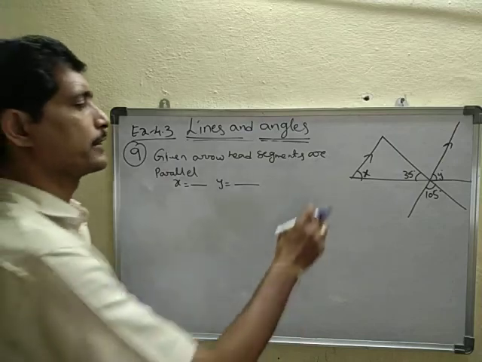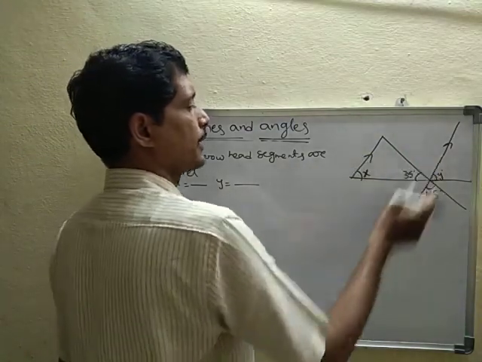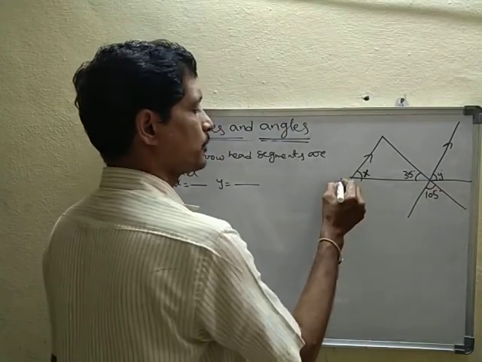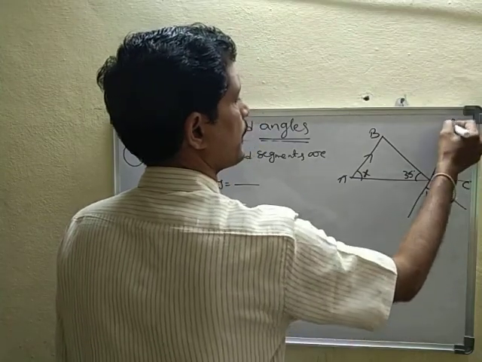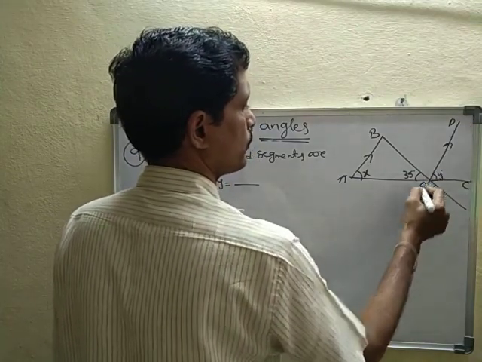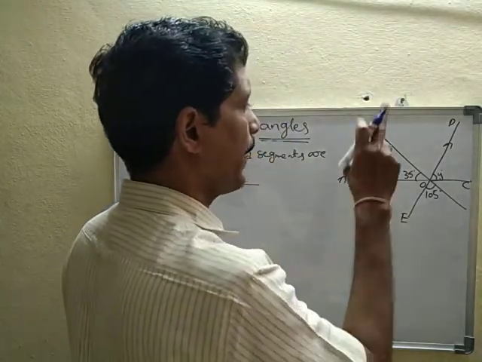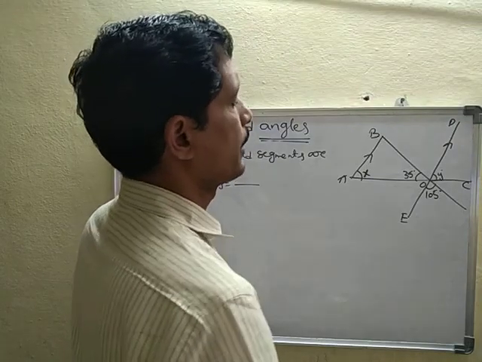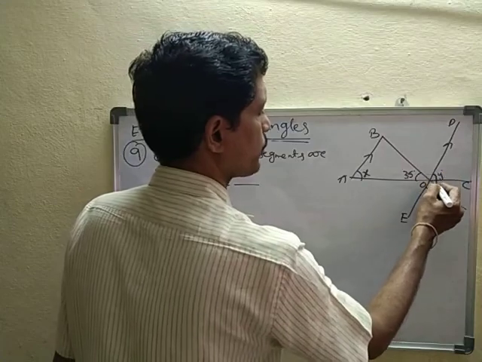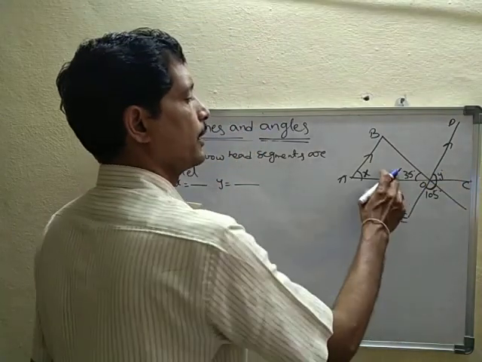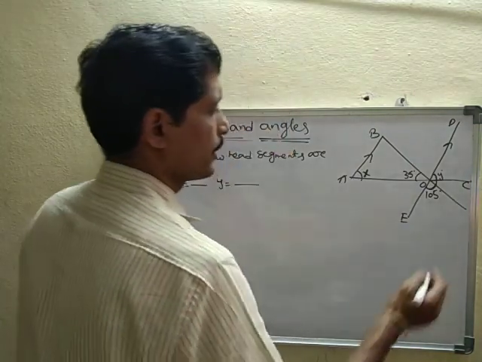Here arrow symbols are given. See, this arrow symbol, both are given parallel lines. This line and this line are parallel. Otherwise, you take names A, B, here C, D. This is some O. Therefore, here AB parallel to ED. Therefore, here at point O total angle equal to 180 degrees. Therefore, here this angle and this angle both are vertically opposite angles. Here some X.